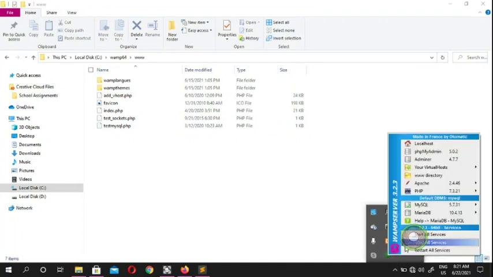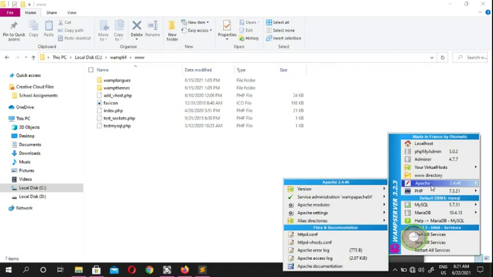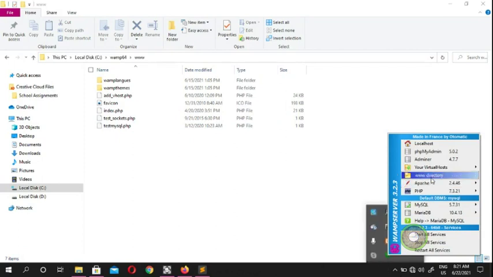If you click this one, you see Apache, and it's called the www directory, and there's a virtual host, phpMyAdmin, and localhost. All we're interested in is the www directory,